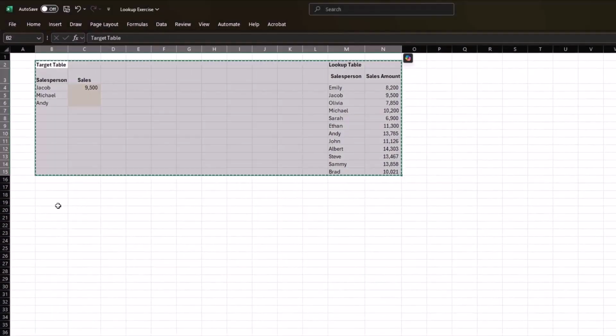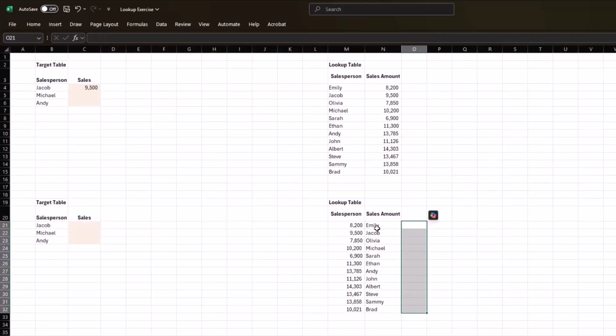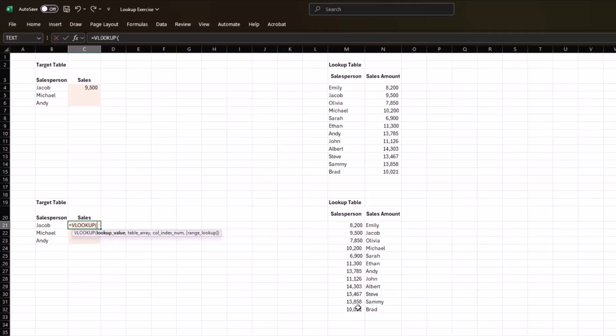I'm going to copy and paste the same exact data down. And this time around, I have flipped the lookup table such that the first column is the sales amount and the second column has the salesperson name. Now, if I want to retrieve the sales amount from this table, I cannot do it using the Vlookup function. Let's try it out. So I'm going to put in the lookup value, select the table,